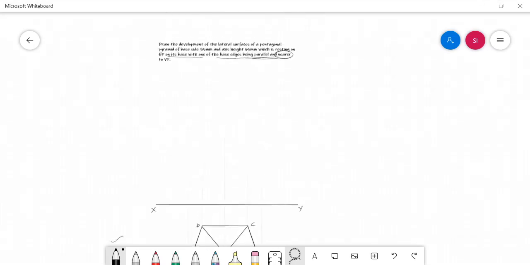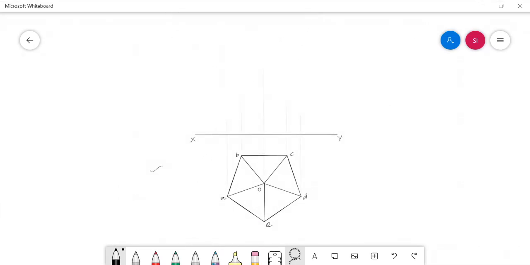The axis height given in the problem is 65 mm.